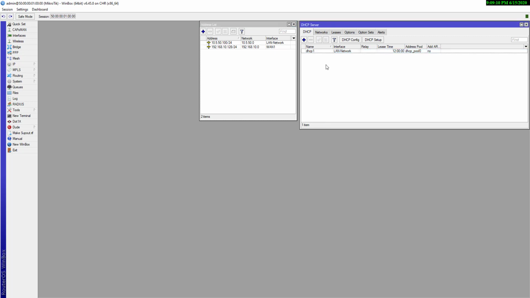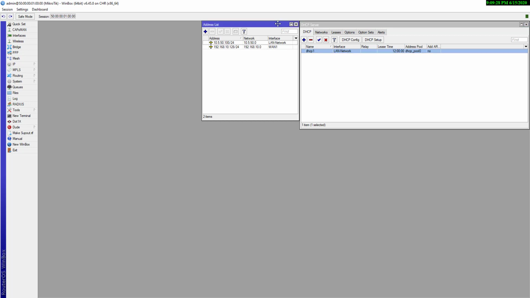Now you can check here, it is black now. And this is our complete DHCP server which I have shown you. I hope you understood this way of how to make the DHCP server on a MikroTik router board.